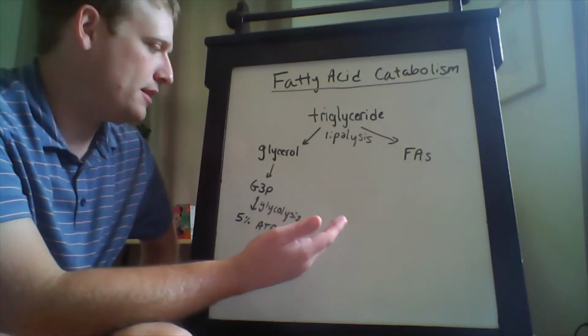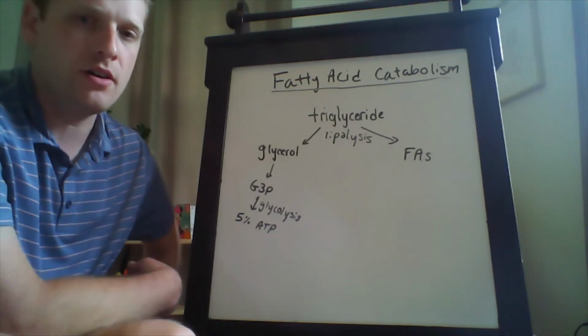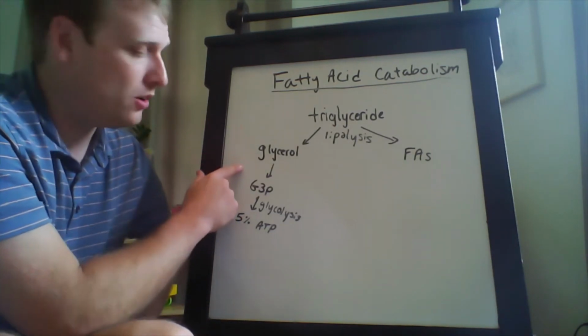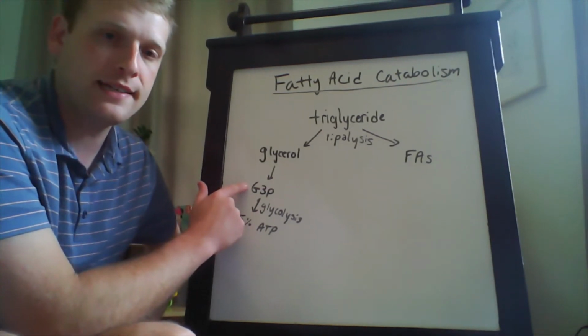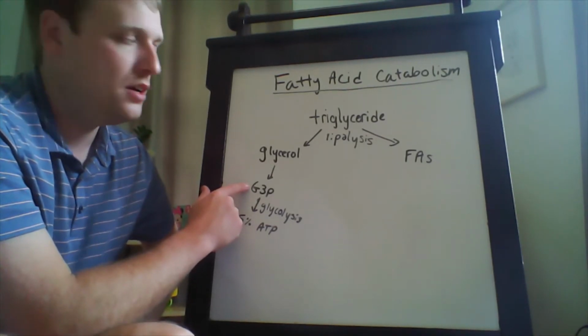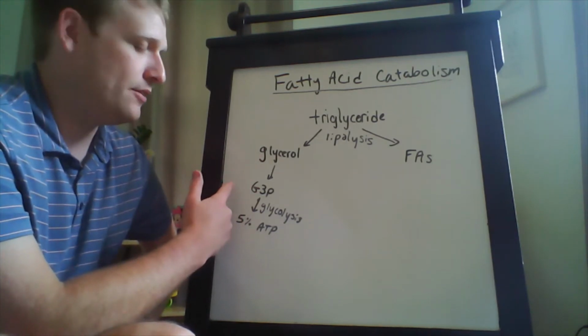So what happens to these? What happens with glycerol is actually quite simple. There's a conversion of glycerol to the molecule G3P, which hopefully you remember from our last lecture stands for glyceraldehyde 3-phosphate. This is a 3-carbon molecule that results from